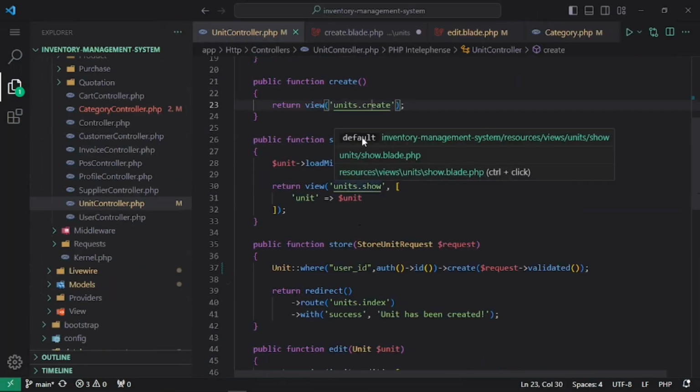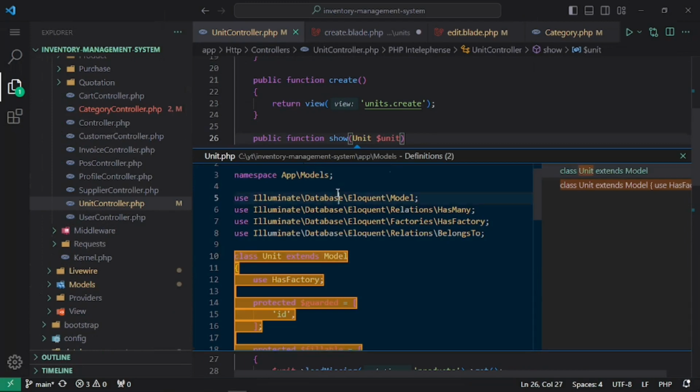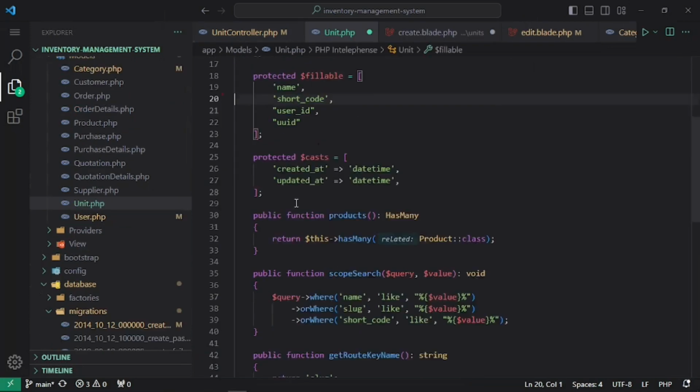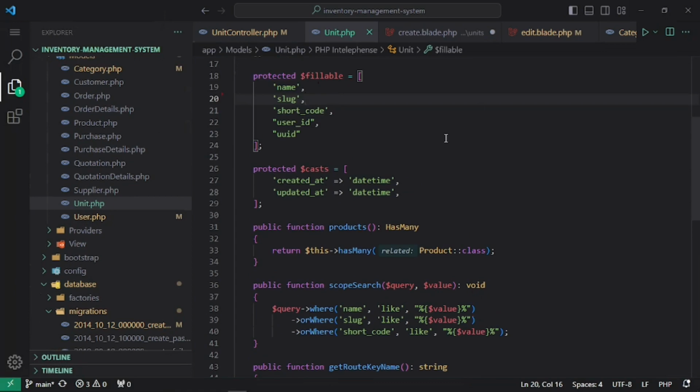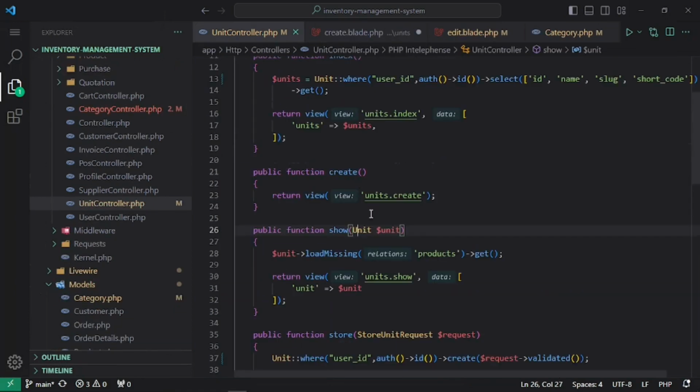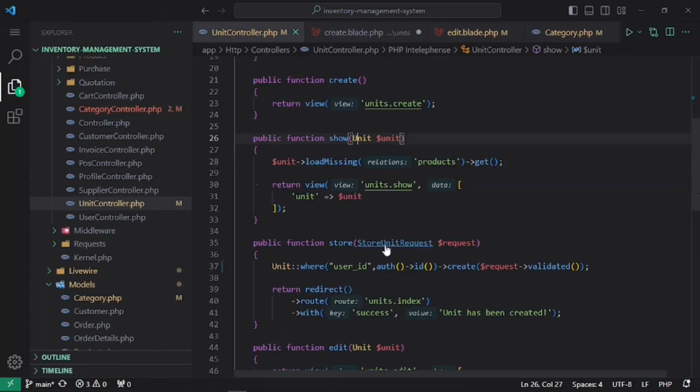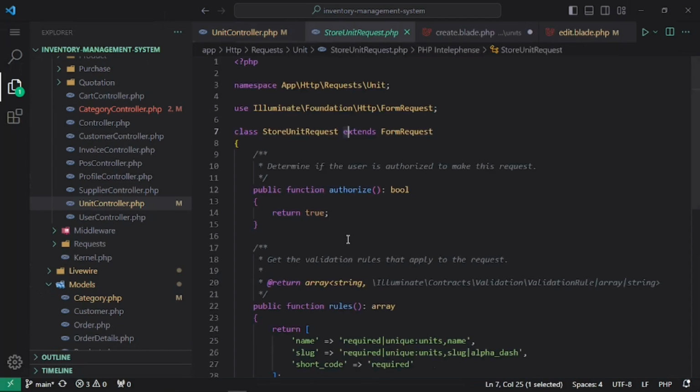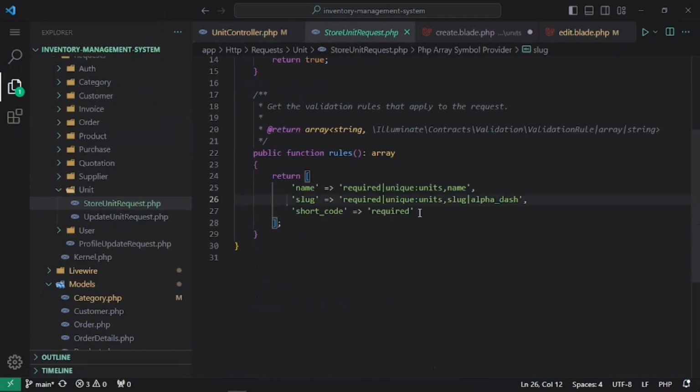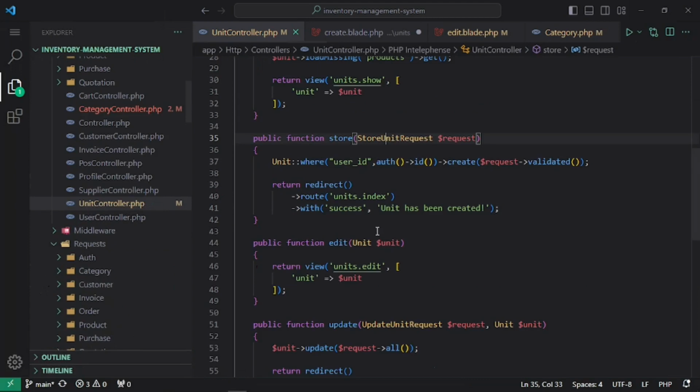And when creating a unit, let's see the request. I'm gonna remove the slug from validation. Shortcode, user ID. Oh, this is not, this is a model. So this is the store method, not a create method. Okay, store method right here, sorry. I'm gonna remove the slug from validation, and then here